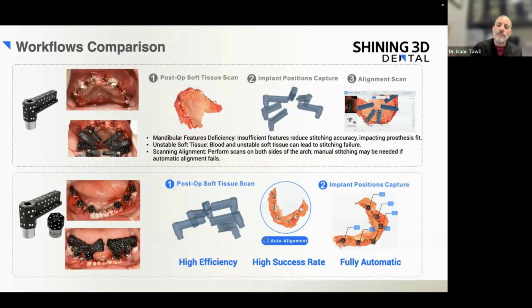I take that initial scan with the fiducial marker. I take my bite, my occlusion. I take my opposing, and my bite, my occlusion. I then go ahead, extract everything, put my implants in, and I have my photogrammetry captured. And then I use these CAP scan bodies that will align the data together, which I'll show you in a moment. So let's take you through that real quickly.